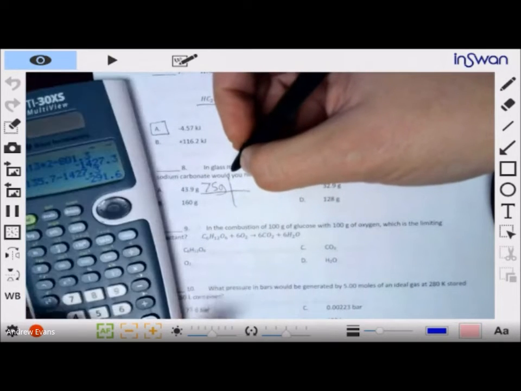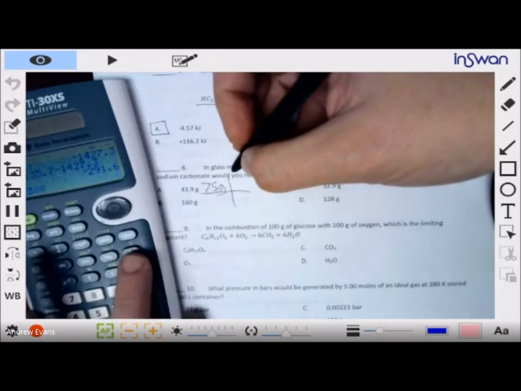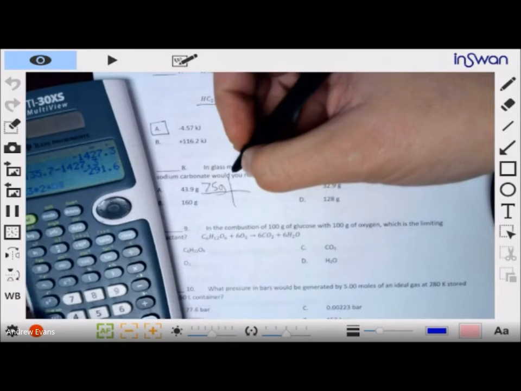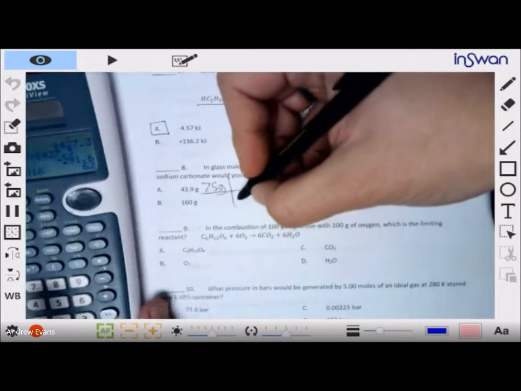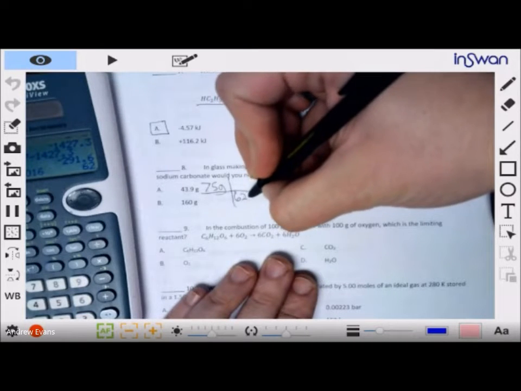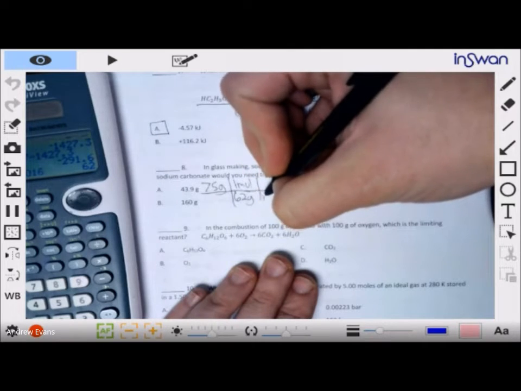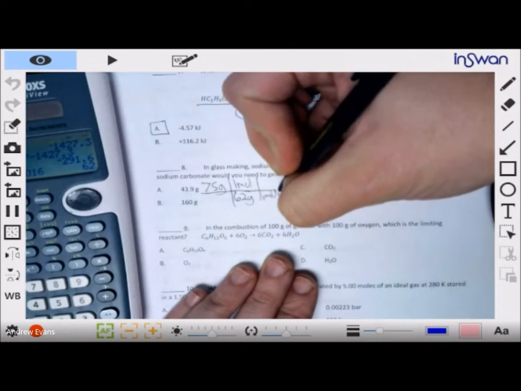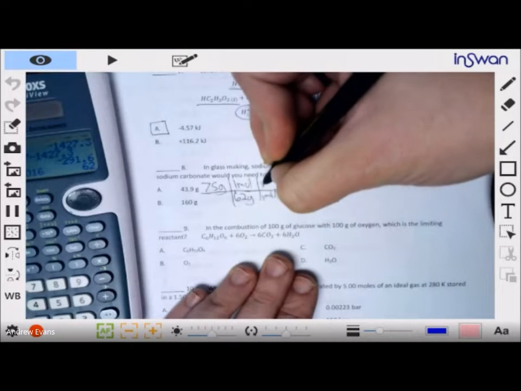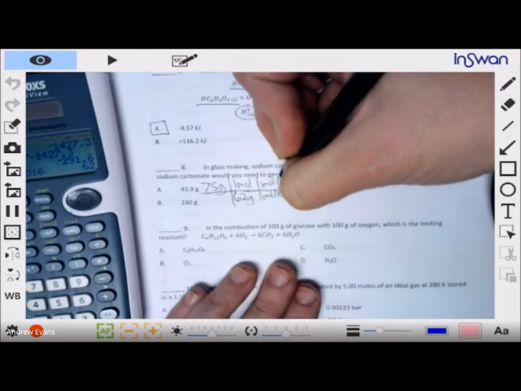So 23 times 2 plus 16 is 62 grams in 1 mole. For every 1 mole of sodium oxide, you would get 1 mole of sodium carbonate,